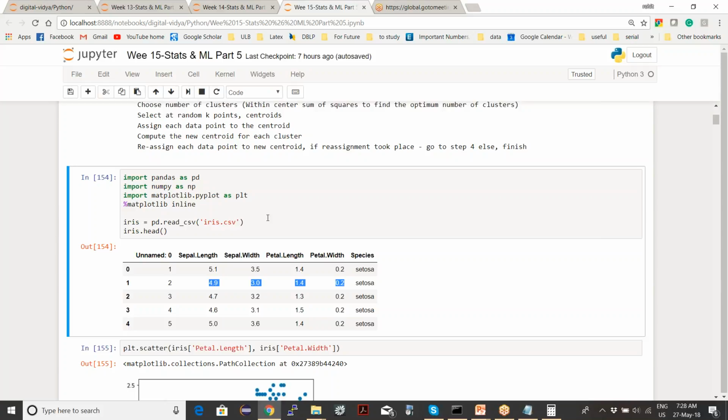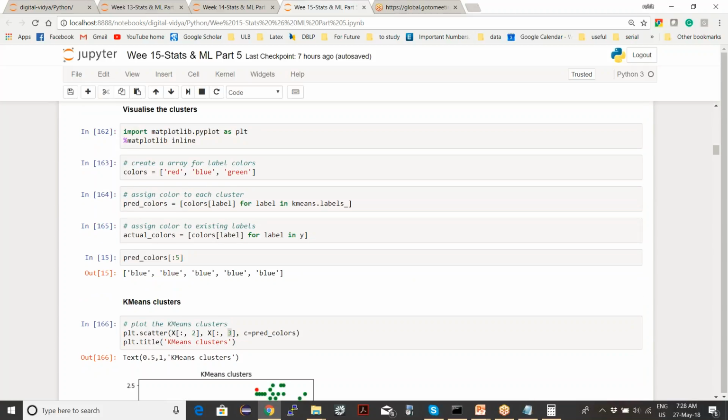We do use this also in, for example, one of the examples we saw last week, news forums. You have lots of news articles and Google News is showing them in summary form. So how do they do it? They do clustering. They try to cluster into groups. Let's see another example.